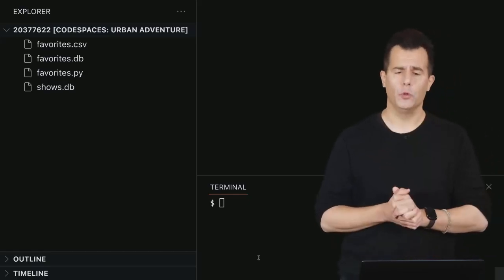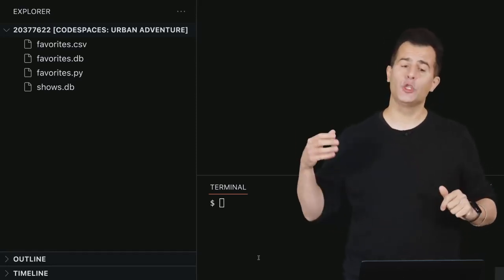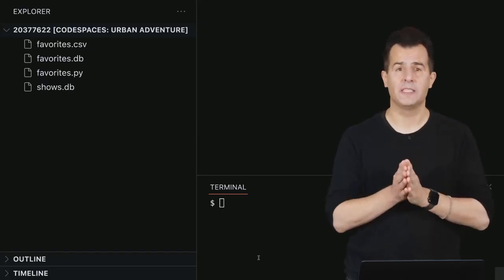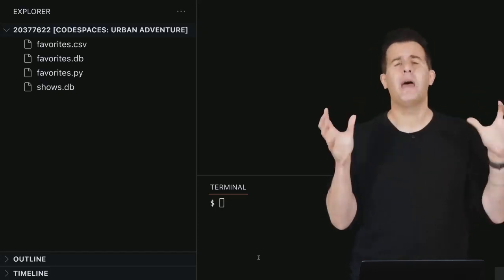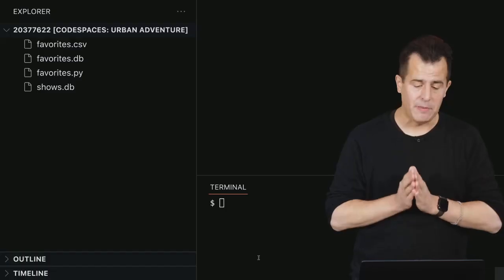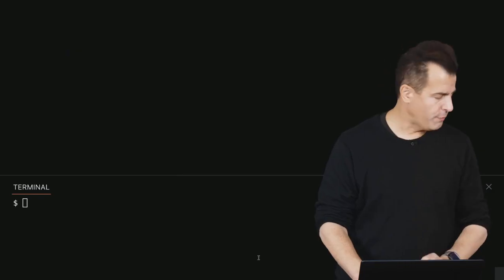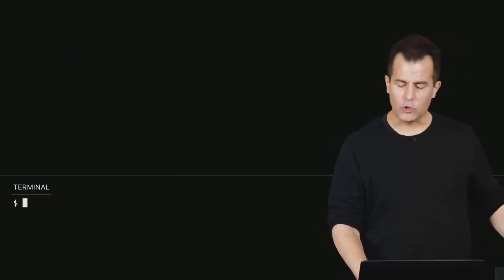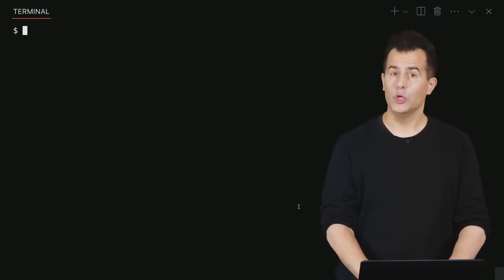whereby I still have my files from earlier, but we're done with those, favorites.csv, favorites.py, and favorites.db. But during break, I also copied into my code space a big database called shows.db, which is like 50 megabytes of data from IMDb itself, as seen in top left of my Explorer. Let me go ahead and close the File Explorer, though, for now. Let me increase the size of my terminal window as before, and let's go ahead and open up this new